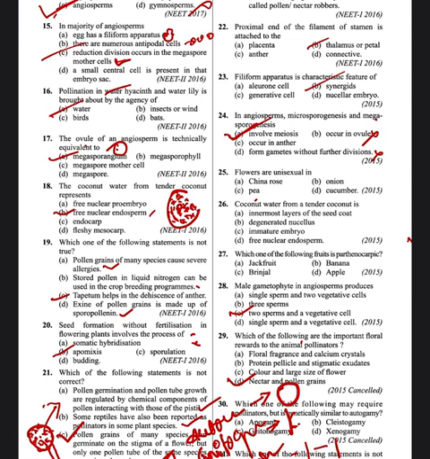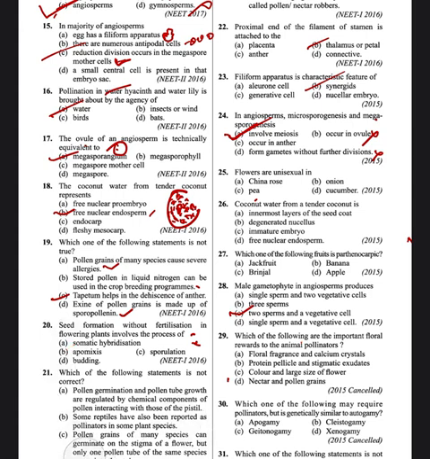So here the question is, which one may require pollinators but is genetically similar to autogamy? It is geitonogamy. Here also pollination is taking place, but the pollen grains are transferred from anthers to the stigma of a different flower of the same plant. Hence it is almost similar to autogamy only. So the answer is geitonogamy. Which one of the following statements is